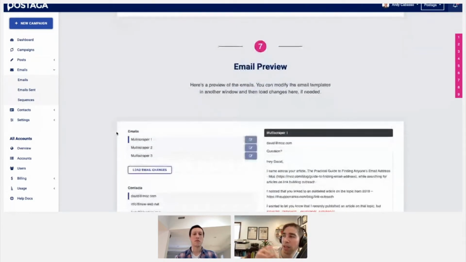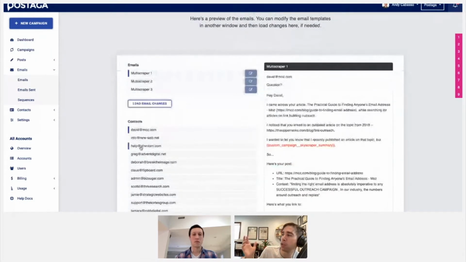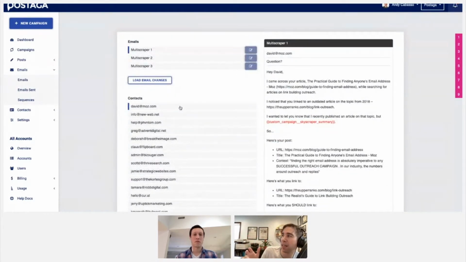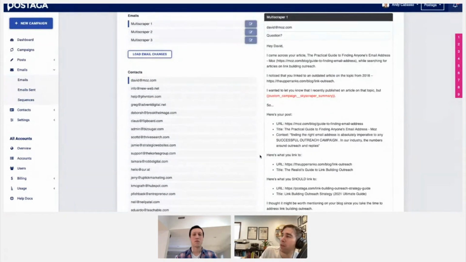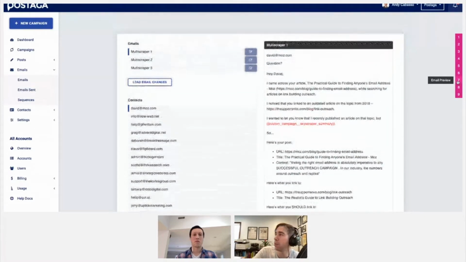And so now I can see an email preview that'll show me what the emails will look like for each of these contacts. So we see here that the email is filled out related to the specific contact. Hello, person. I came across your article, and inserting details related to their article, also related to the article that they are linking to, and mentioning my article that I want them to link to instead. I also see there is a red merge field here, which is where I pitch why they should be linking to my article. To do that, I'm going to go down in this section,